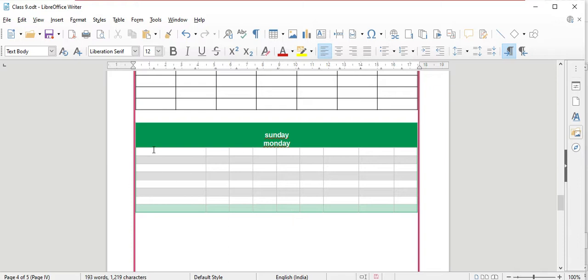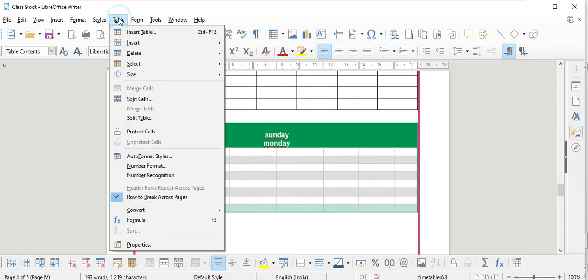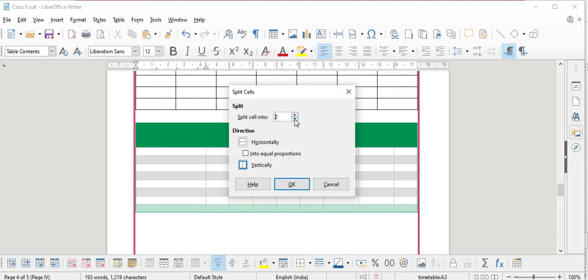Now in place of this whole cell, I want to make more columns in that one row. So I will go to the table, and here the split cell option is there. That one cell I will split into more cells. For example, I will make it 4.